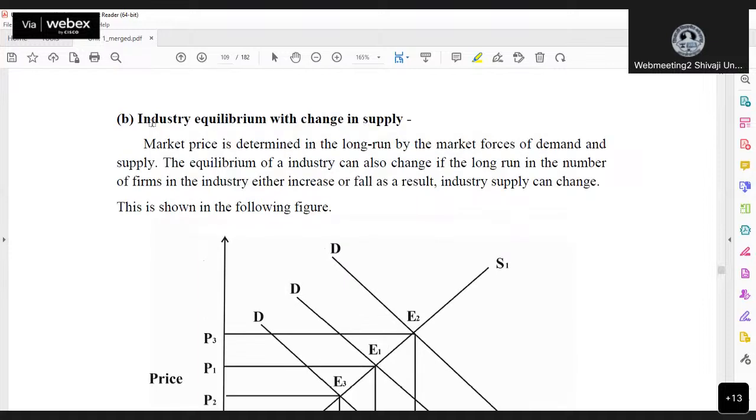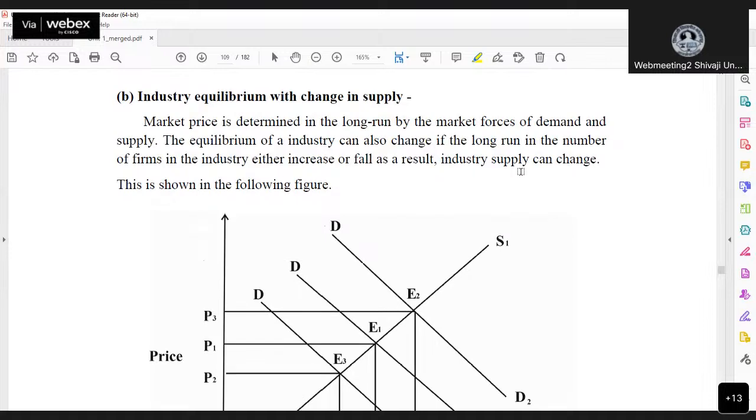For example, suppose industry equilibrium with change in supply. Suppose a question is asked in the examination: explain the industry equilibrium situation with the change in supply. You will fall into confusion about which graph is for that industry equilibrium, and which graph I should draw for change in supply. For that purpose, you have to draw all these graphs with such titles